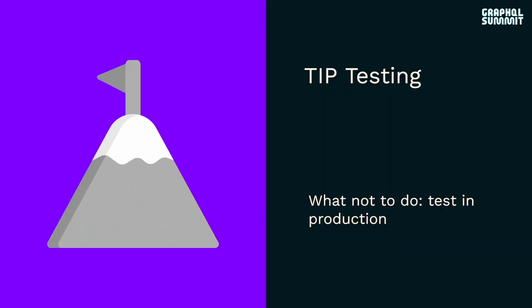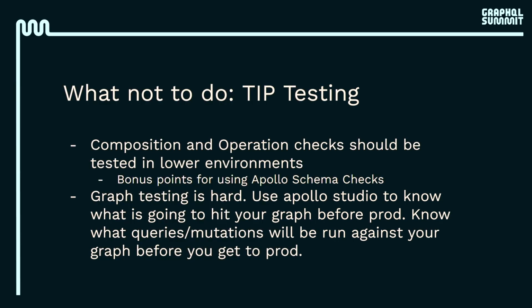And the last one, the best thing you can do to make sure your Supergraph bombs is literally just test it in production. Don't do any type of testing before, just ship it to prod and hope for the best. There's a bunch of stuff we can do before prod to make sure our Supergraph is going to work, or at least somewhat work, right? We can't catch every problem, but we can catch a lot of problems.